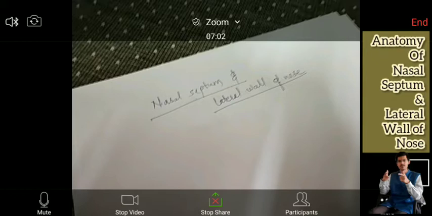Now we will see which parts of these bones are contributing to the formation of the nasal septum. The inferior nasal concha forms the lateral wall of the nose, but we will see this. Is it okay? One of you can take a screenshot of this, even I have taken it, so not an issue. So now you have got oriented with this diagram.